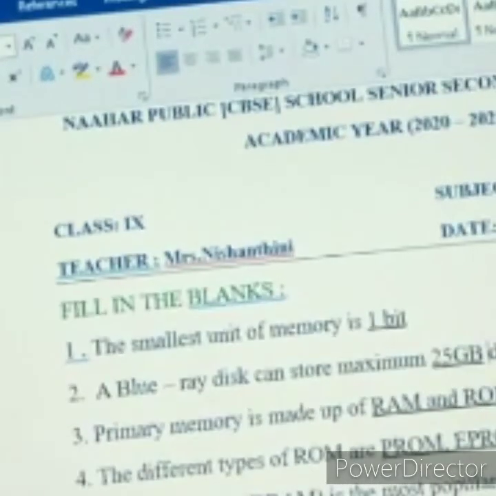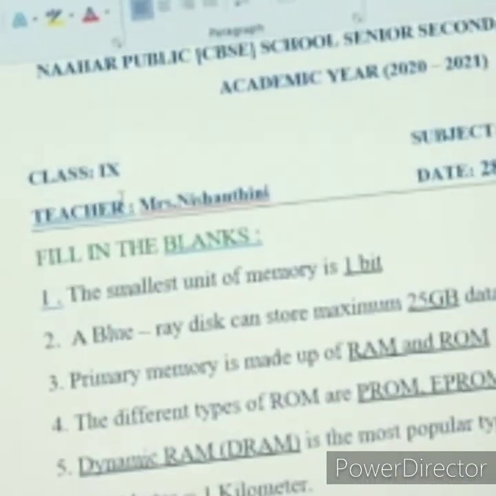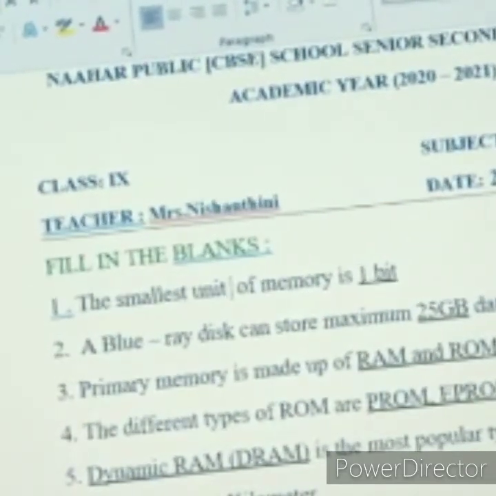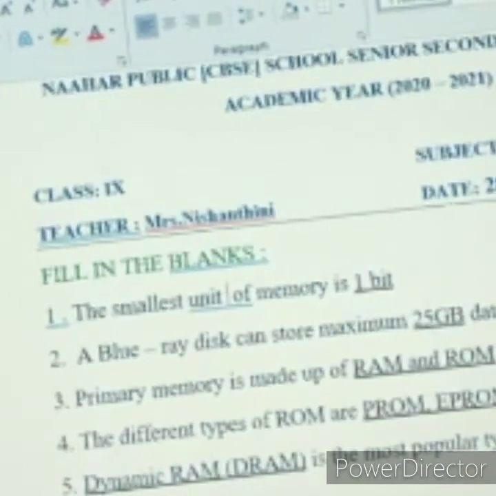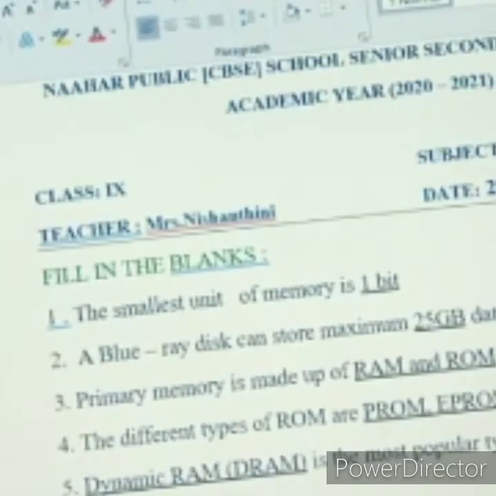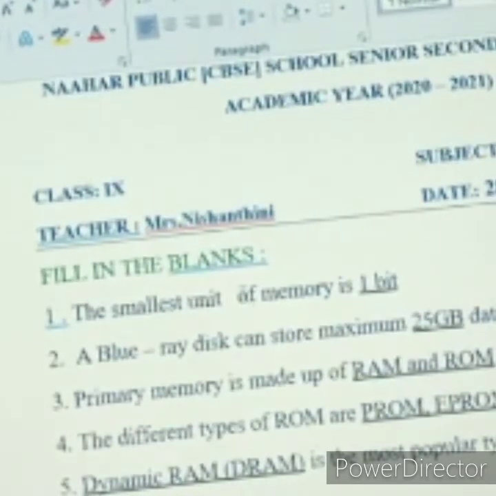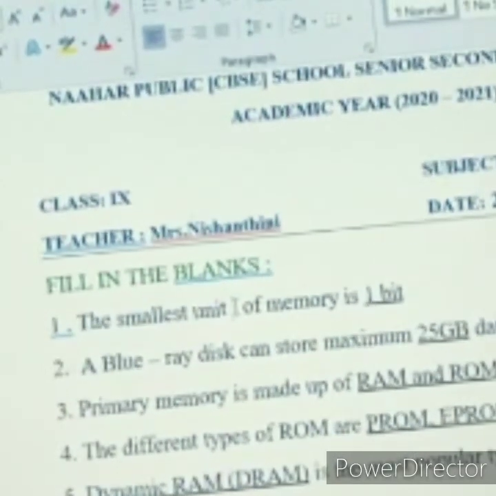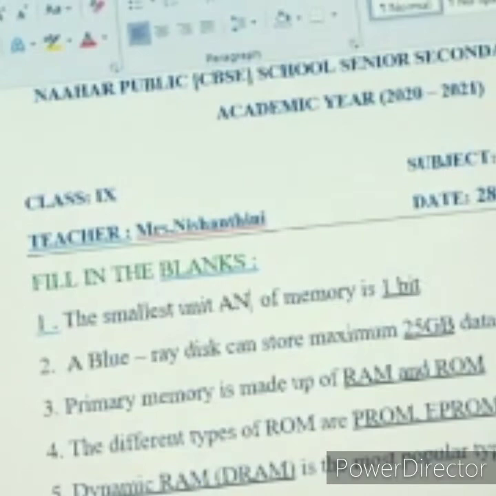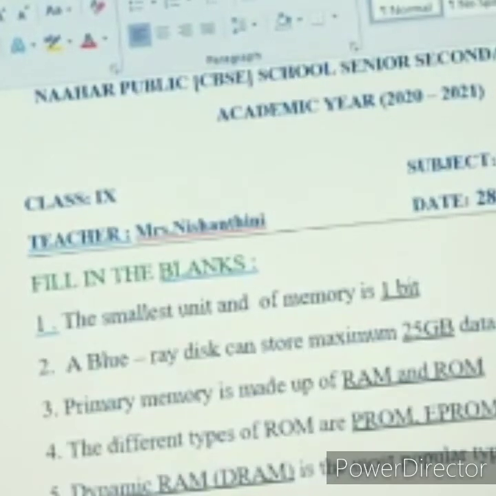Okay children, the next one is insert text. How to insert a text? For example, suppose you want to insert text between the already typed text, what you do is you just click the cursor in between the text. So it will be easy to insert the text in between the already typed text. So here I have clicked my cursor, then typed. See here, I have easily inserted my text.